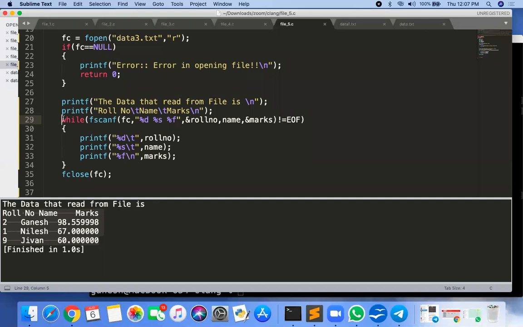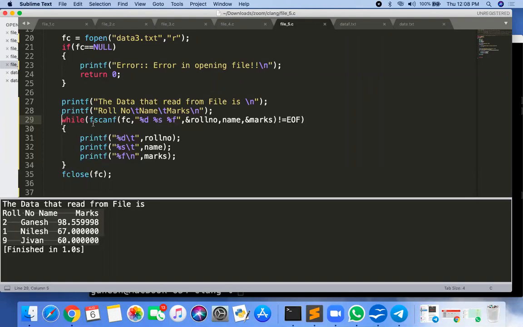Sir, here in this while we are not given any increment symbol. It is incrementing by itself, sir. Yes. When you read or write, the file pointer is always incremented by 1. For loop also.